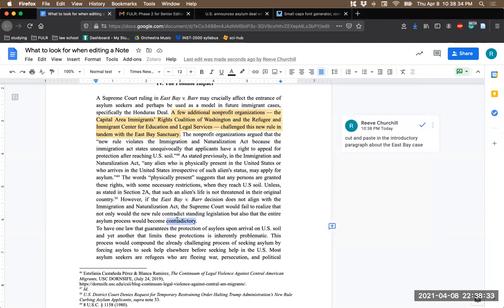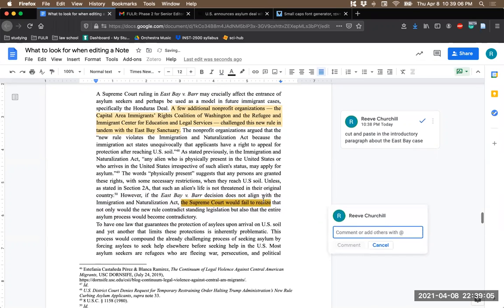This was something that stood out to me too. Actually, this entire sentence. First of all, I thought it was just a little bit oddly worded. To say that the Supreme Court would fail to recognize something, obviously, I don't know. I don't have nearly as much knowledge on the law that the Supreme Court has. So to say that they would fail to realize something is to pretty much vastly overstate my own intelligence in this specific matter and in the legal world in general. So I would pretty explicitly make that comment and say